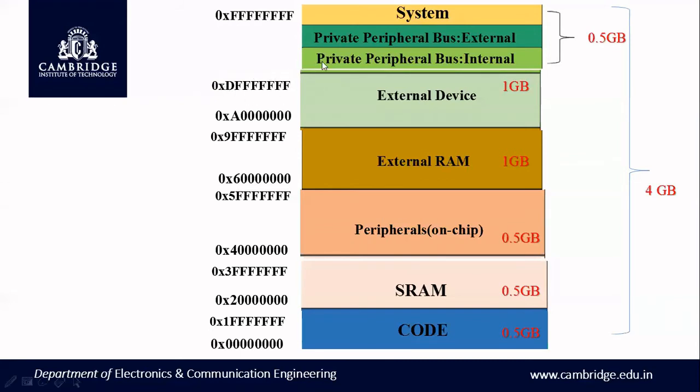And the next address for the system level control space would start now at E followed by 6 zeros, and the last address for this is FFFFF. So now we have learned how to write the starting address and the last address for each of these memory regions based on the size. Only if you know the memory space region to be accessed would I know which address I need to go to if I want to access the SRAM region, right? So that's the reason we have clearly specified the starting address and last address for each of the memory regions.